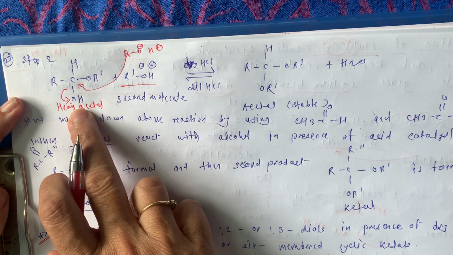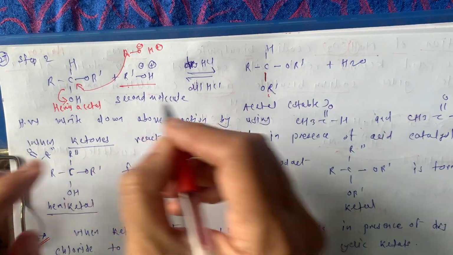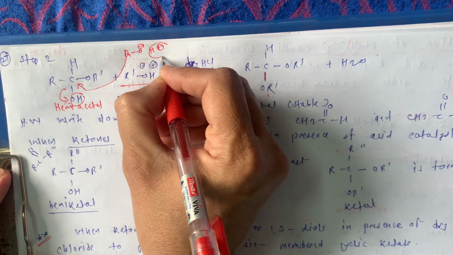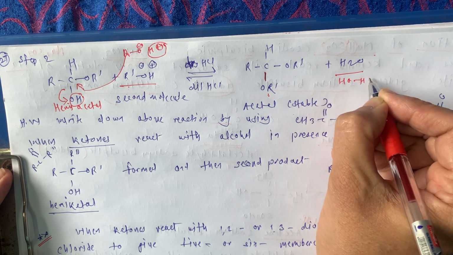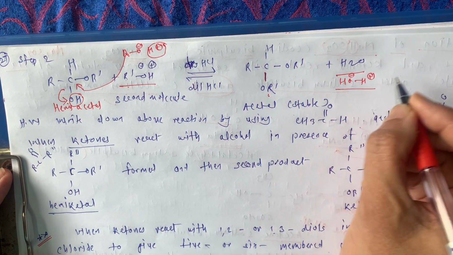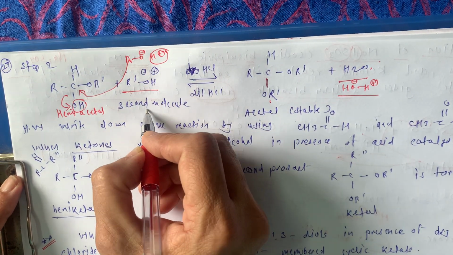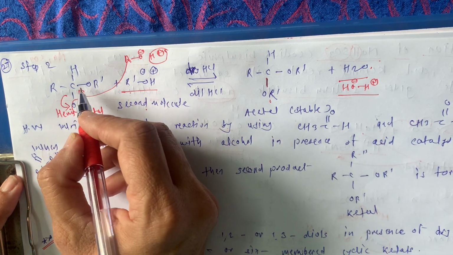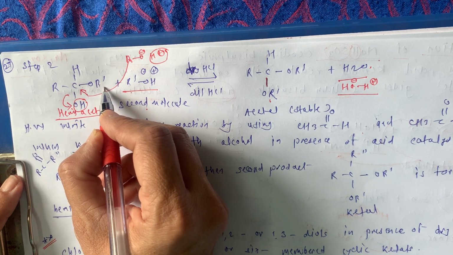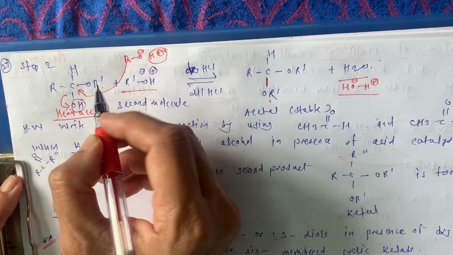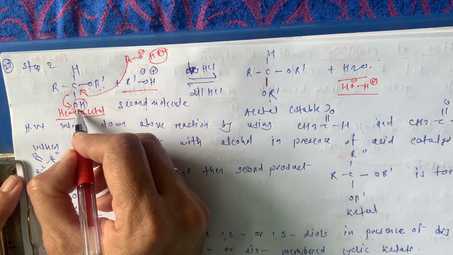Then there is formation of the C-OR bond like this. And this OH and this H plus are going to form H2O. Are you getting this reaction? See here, this is the second molecule of alcohol, which is going to attack the hemiacetal compound where there are two functional groups, dash OR and dash OH. Alkyl group with oxygen, that is the alkoxy group, and the alcohol functional group.